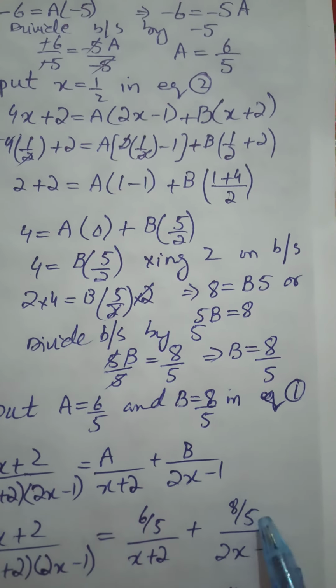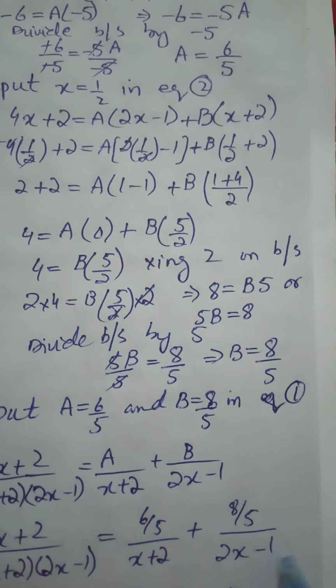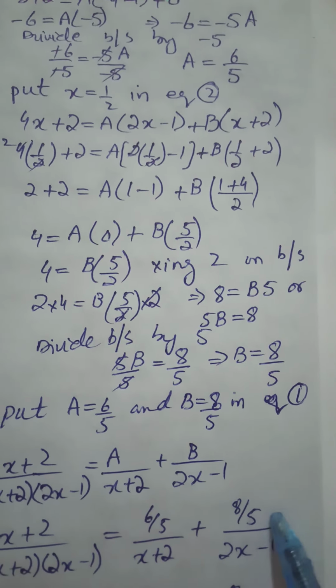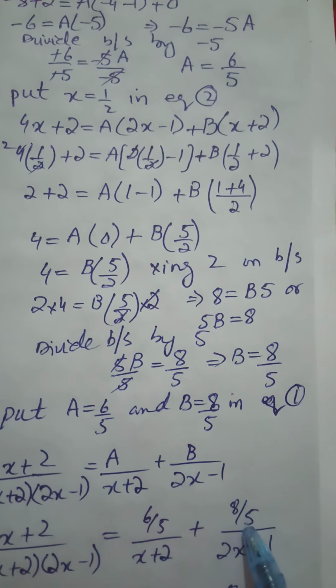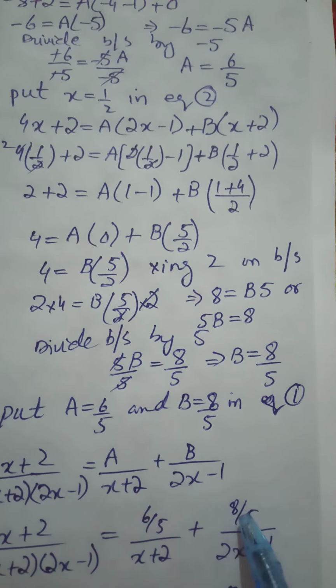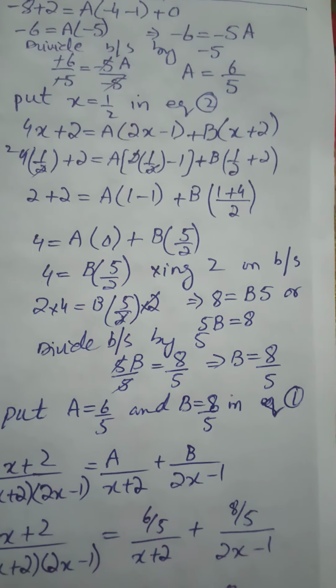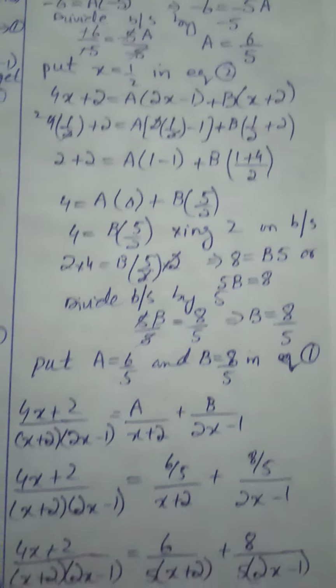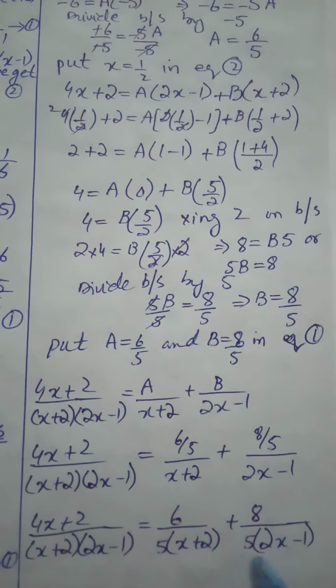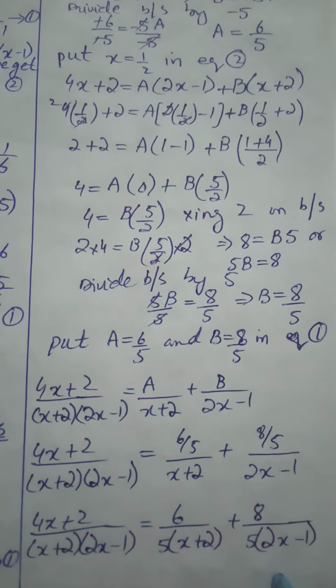Similarly, this is 5 into 2x minus 1, because when 2x minus 1 comes over there, it will be multiplied with 5. So this will become 8 divided by 5 into 2x minus 1. So this is the solution of